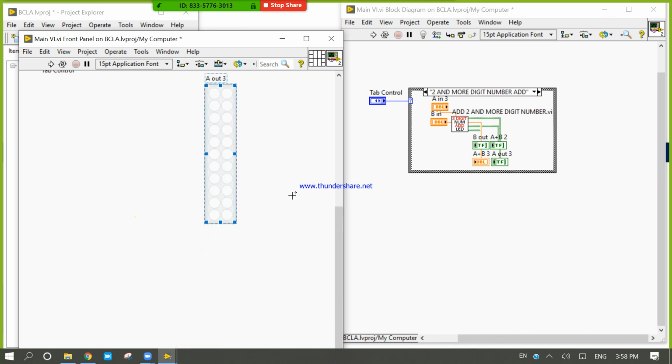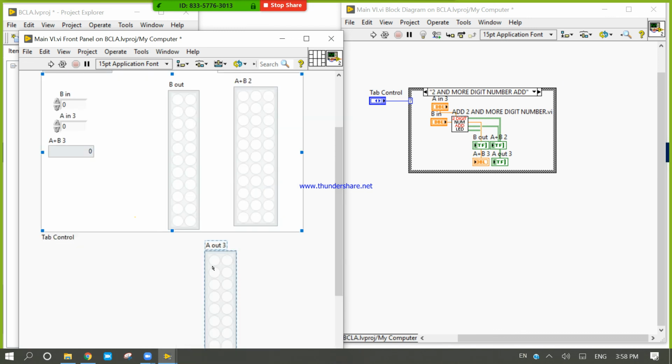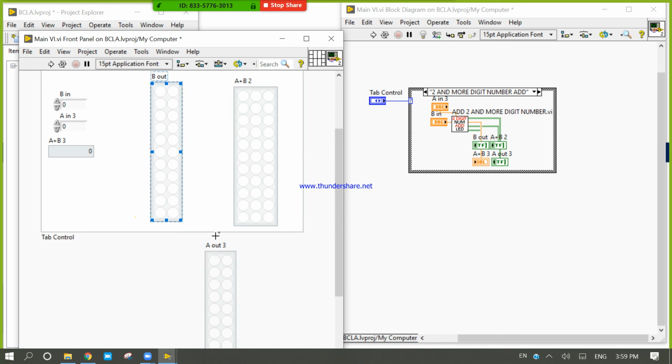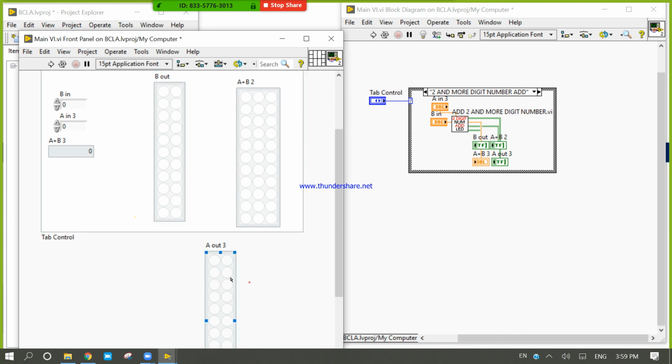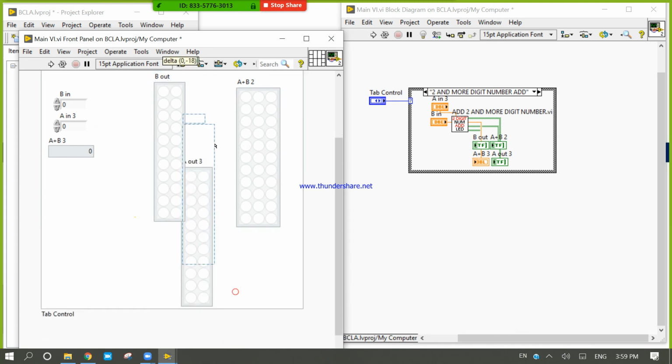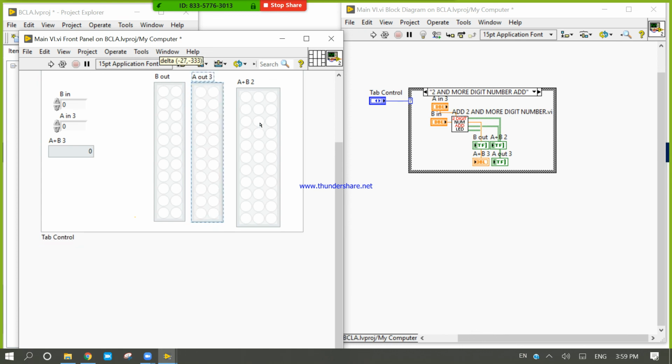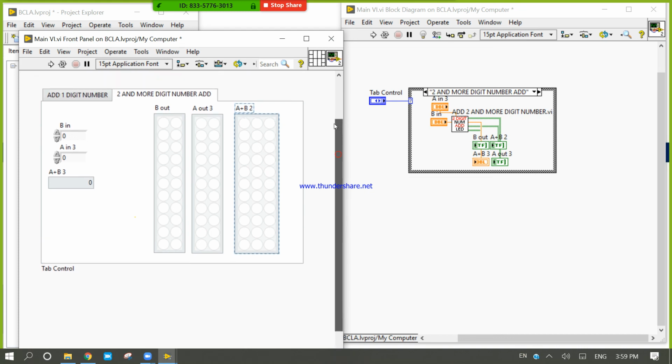He is here. Take and place inside the loop. A in, B in. So now my basic structure is complete for the addition.